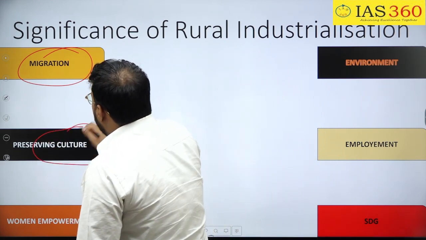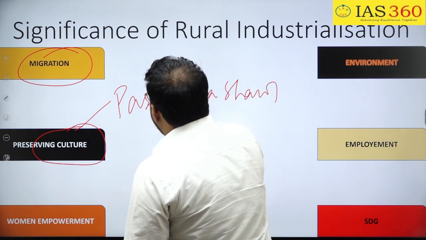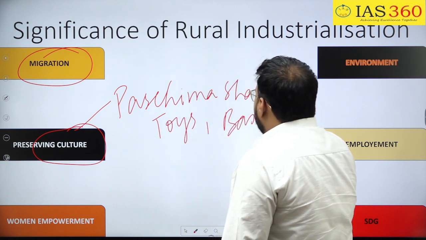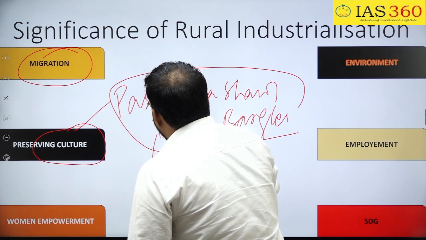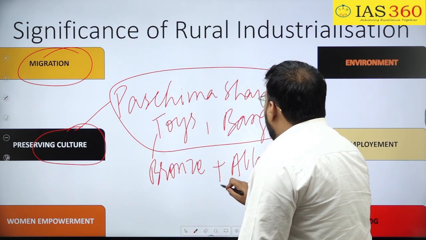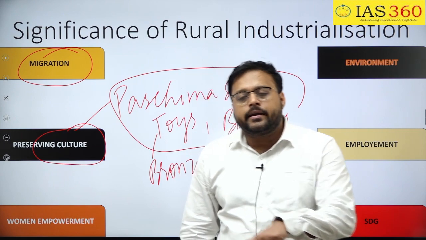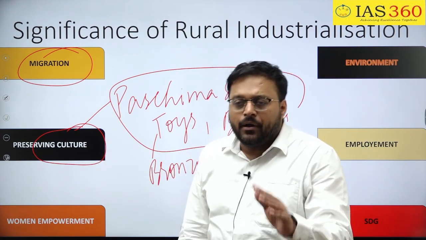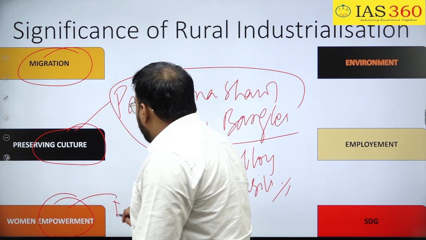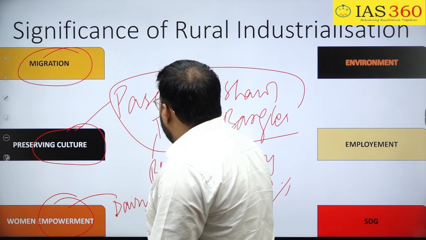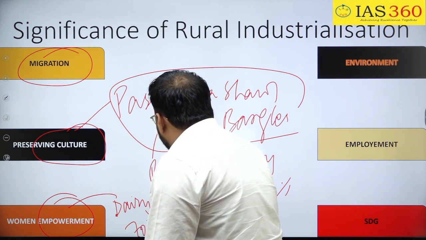Preserving culture. If you see some of the things, the Pashmina shawl, toys, bangles of Firozabad, everything is getting protected. Bronze and alloy utensils of Uttar Pradesh, everything will get protected, or is being protected, only because of the survival of the rural industry. Women empowerment. Just for an example, in dairy cooperatives in UP, Haryana and others, 70% of the workforce is women